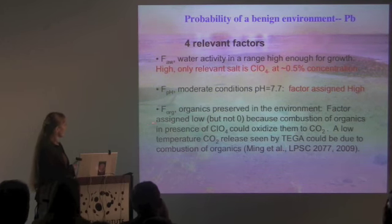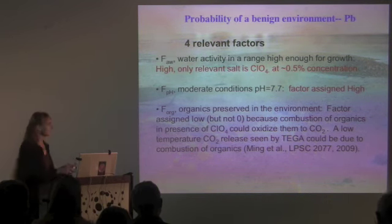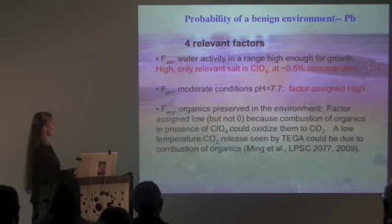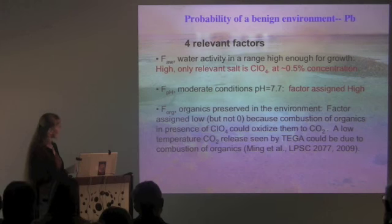This factor is assigned a low. Now, the thing about this measurement for organics is Phoenix did not detect organics. It was designed to detect organics, and it went to Mars to detect organics, but it did not see any organics. However, because of the perchlorate,